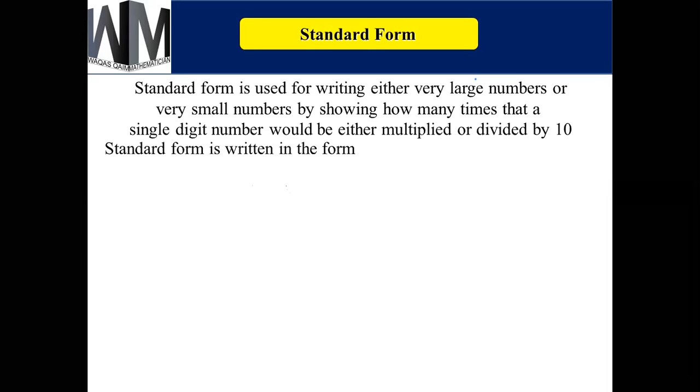So now standard form is written in this way. Here the hash represents a non-zero digit. So it must be written as hash dot hash. So if we have 21 into 10 raised to 5, 21 is not representing the standard form. It must be written as 2.1. Getting this one, everyone?